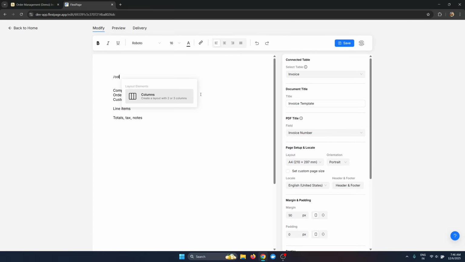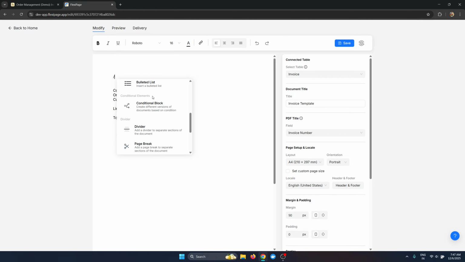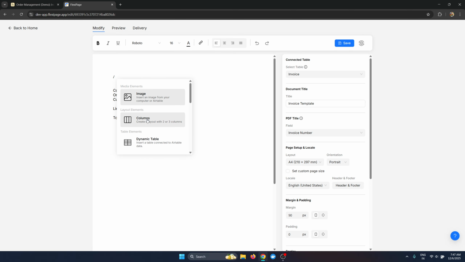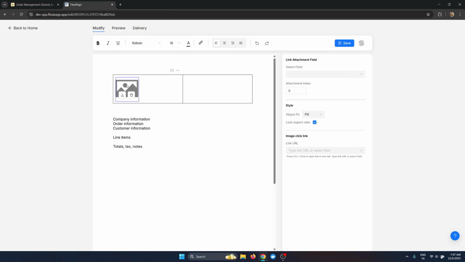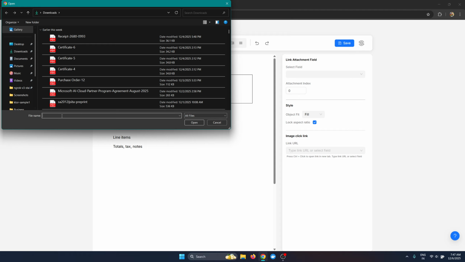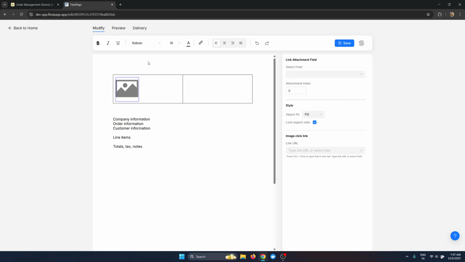Company information usually involves logo and address. So how you can create that is that you can just type slash. Slash brings you a bunch of components that are available within FlexiPage. So in this component we are going to choose columns here, and in here I'm going to add image, then I'm going to upload a logo. Once the logo gets uploaded,